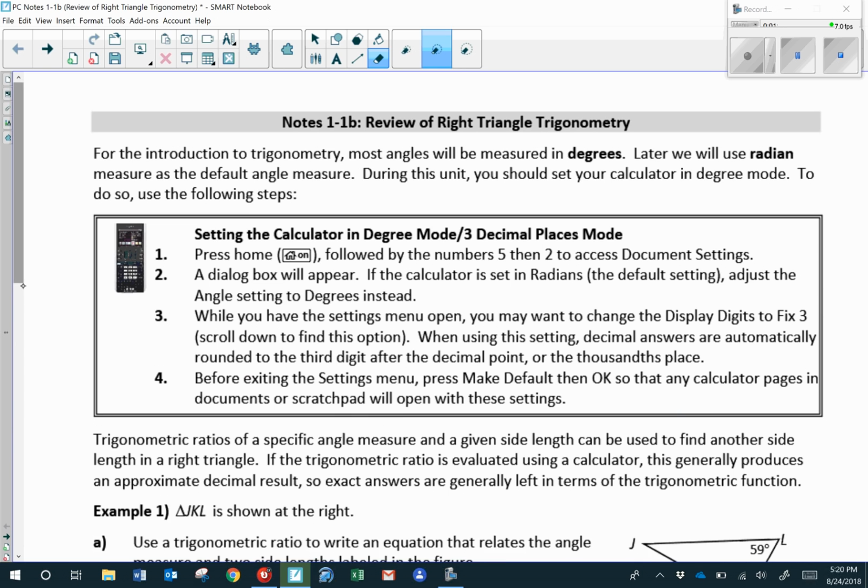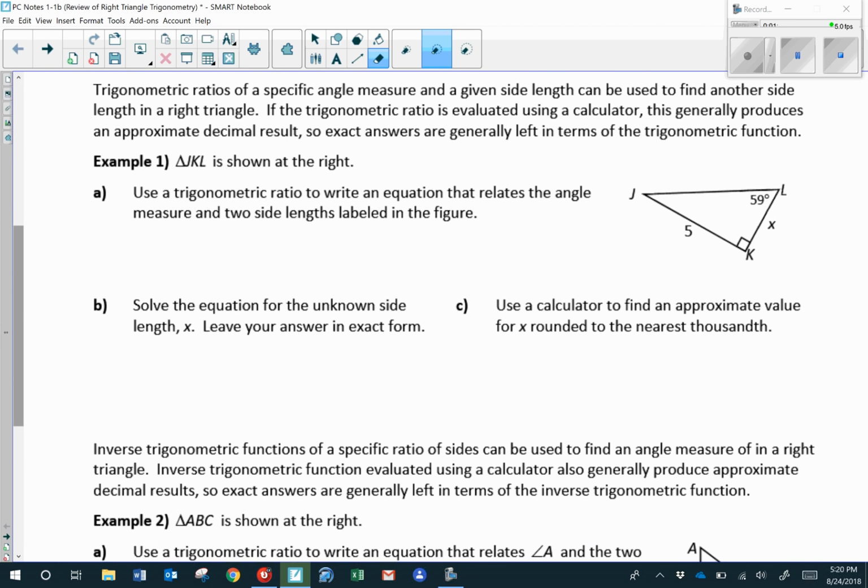Now, we're going to utilize trigonometry to find a missing side length in a triangle. Looking at example 1, we have a triangle in which we have a 59-degree angle, and then we have two sides labeled 5 and x. X is the leg that is adjacent to the 59-degree angle, and 5 is the leg that is opposite the